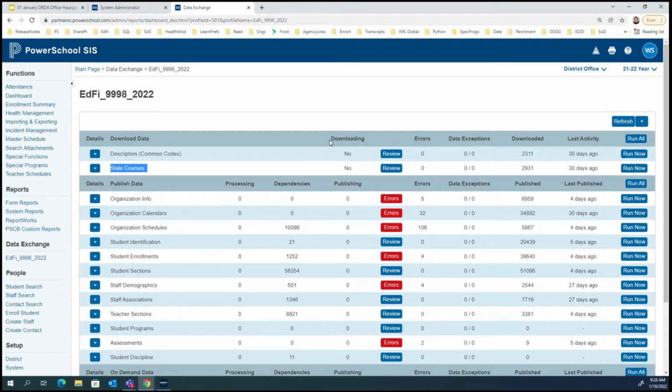So if maybe one of your crazy counselors set up a state course for homeroom that was 0899 or something like that, when those data tried to publish to your district ODS, the check would say, hey, that's not included in the list of courses in South Carolina. So that record's not going to move to your ODS.